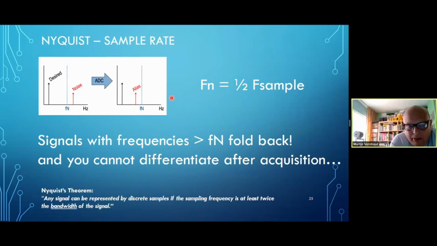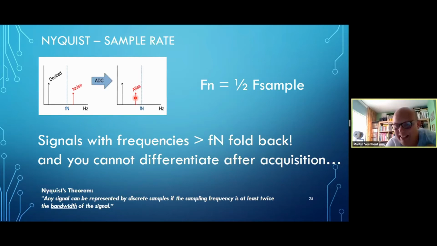So we are sampling, and what happens if there are signals which are above your Nyquist frequency, which is half that frequency where you are sampling at? Well, if there are frequencies over there, for example, over here, that noise spike on the right side of your Nyquist frequency, which is half the sample frequency, that one will actually be mapped back within the fundamental range to your Nyquist frequency, and you cannot tell the difference. You don't know if it was actually there or that it was coming from somewhere else.